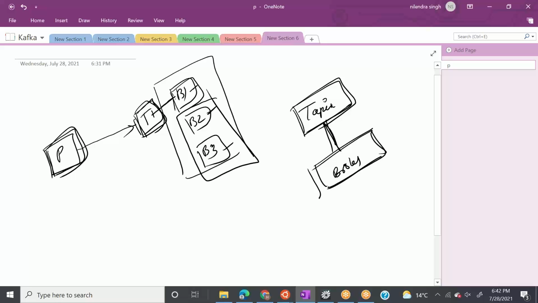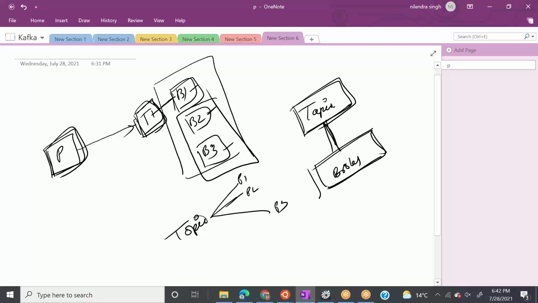Now how do we make use of the other 2 nodes? So you do not need to worry about it. When you create this topic, you can tell Kafka how many partitions you want. So the topic can be distributed in partitions P1, P2, and P3.